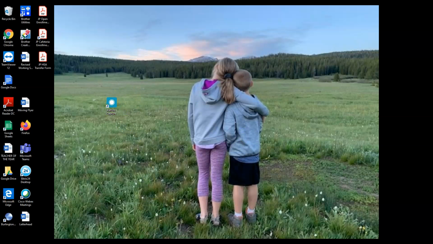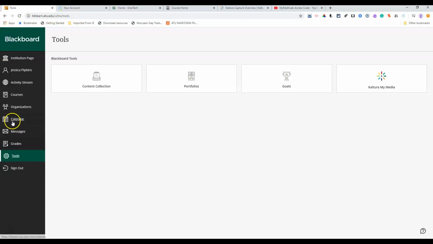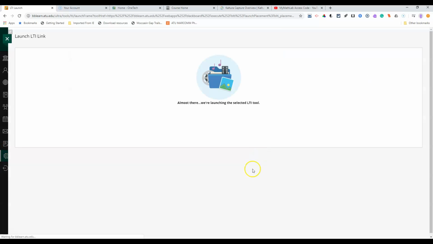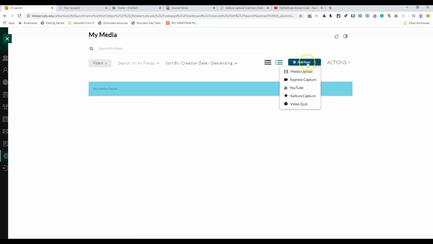Yeah, so it is on there. You can see I double clicked it and it said, go to your platform. So what we're going to do, we're just going to go back to our Tools. We're going to go to Kaltura My Media. Now when we do Add New and we go to Kaltura Capture,